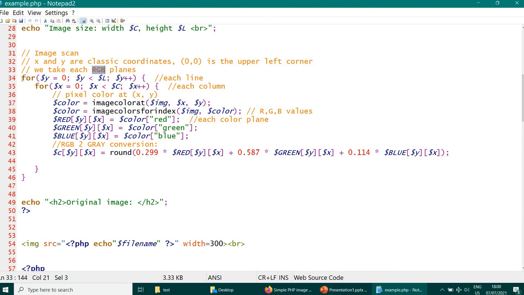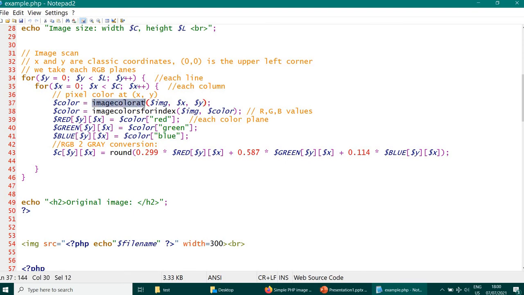So I take each pixel in these two for loops, for each line and then for each column. Y is the line and X is the column of the pixel, and I will use this function.